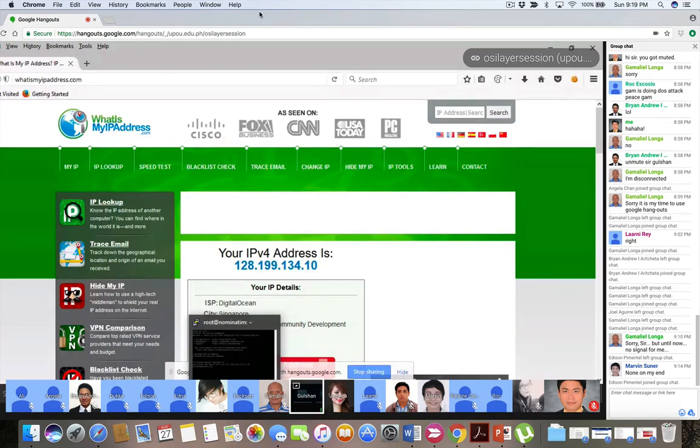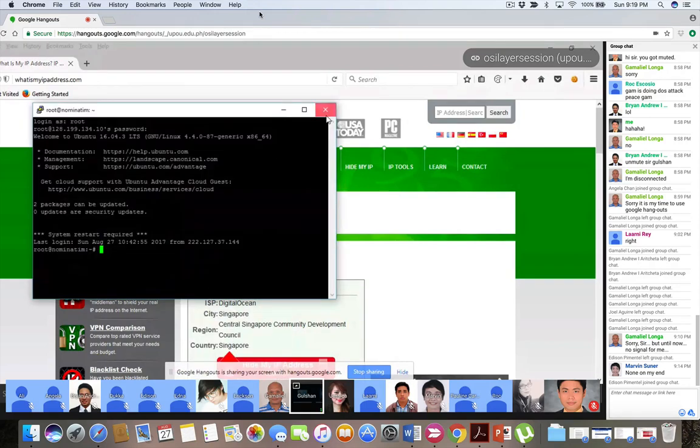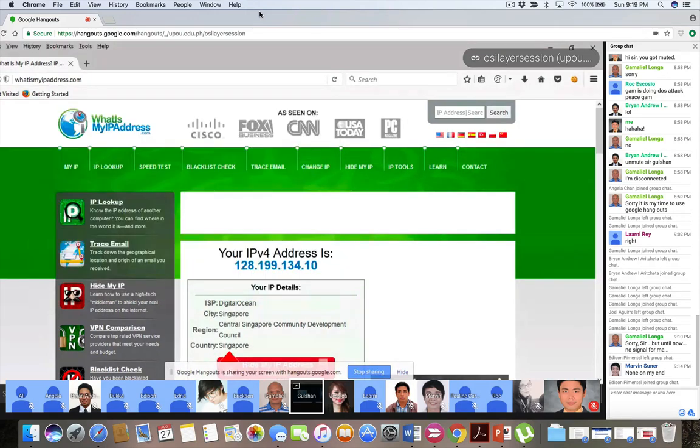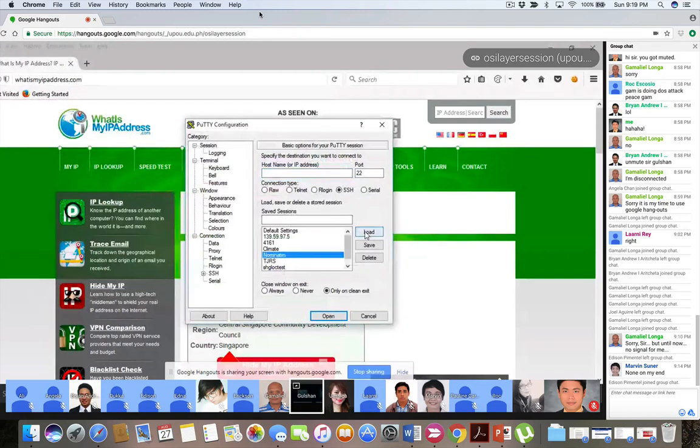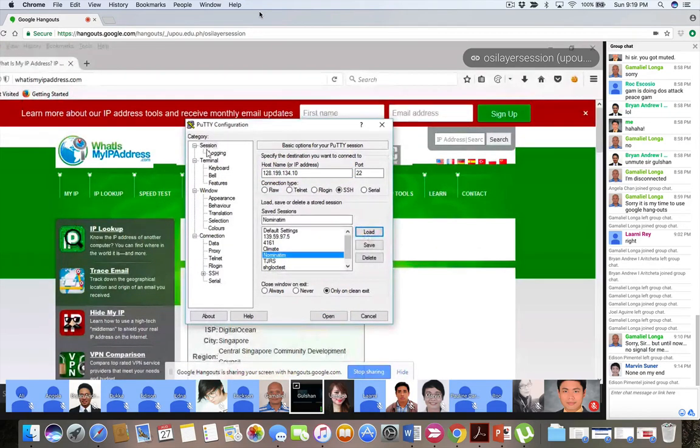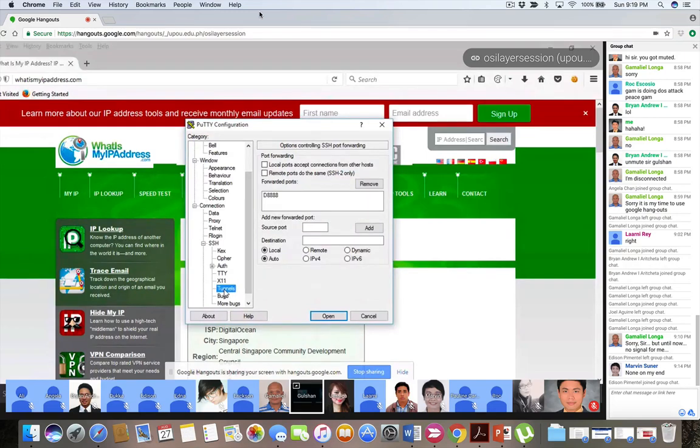And how is it set up? Let me disconnect and go back. In PuTTY, I have added a tunnel, and the tunnel's port is 8888. So PuTTY is listening on port 8888.